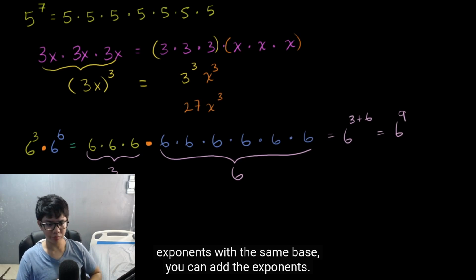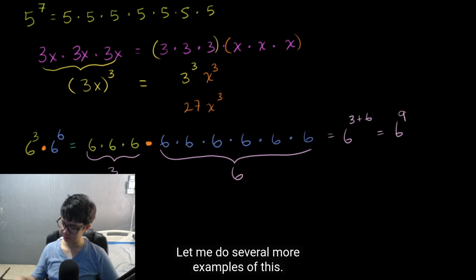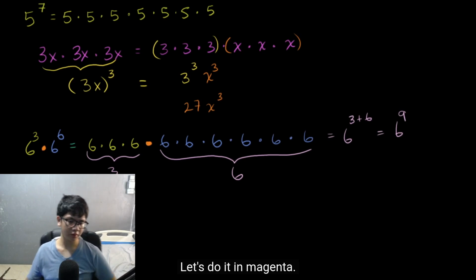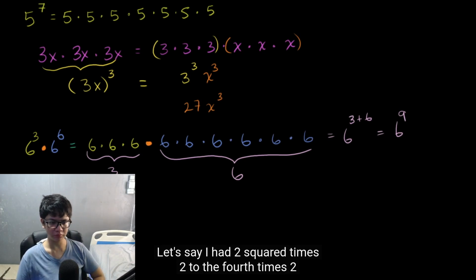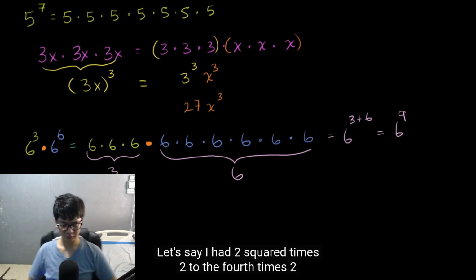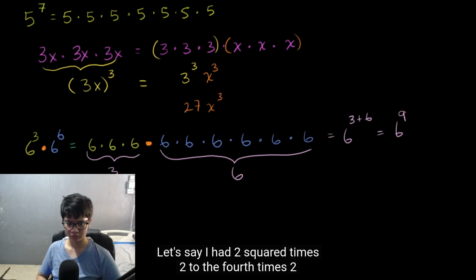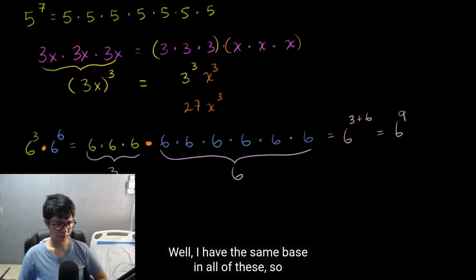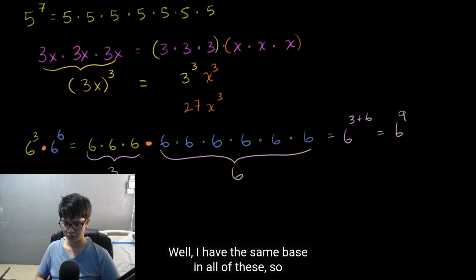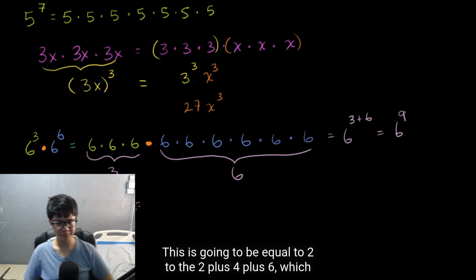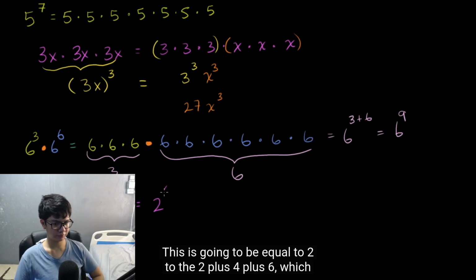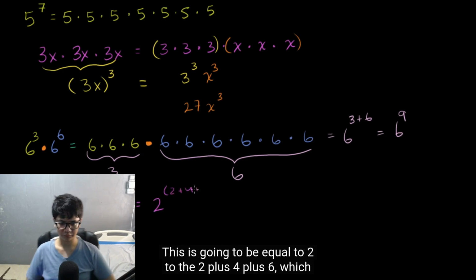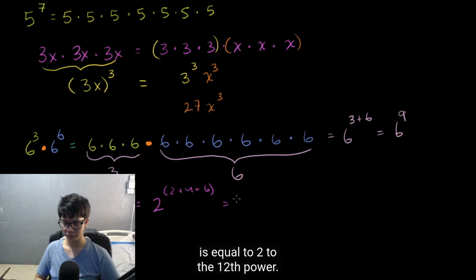So let me do several more examples of this. Let's do it in magenta. Let's say I had 2 squared times 2 to the 4th times 2 to the 6th. Well, I have the same base in all of these, so I can add the exponents. This is going to be equal to 2 to the 2 plus 4 plus 6, which is equal to 2